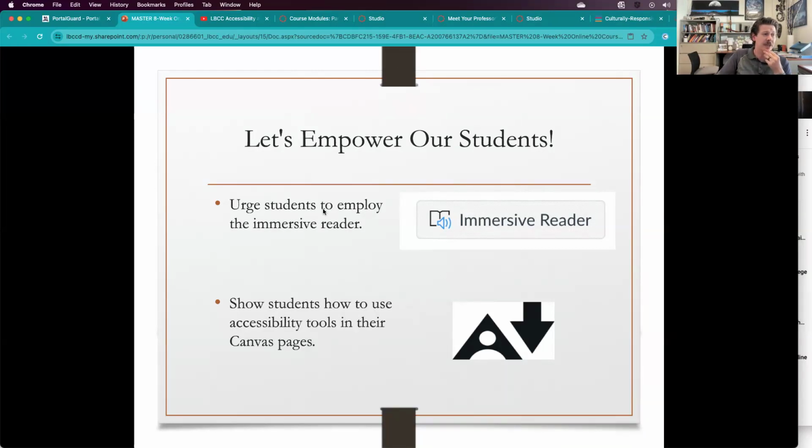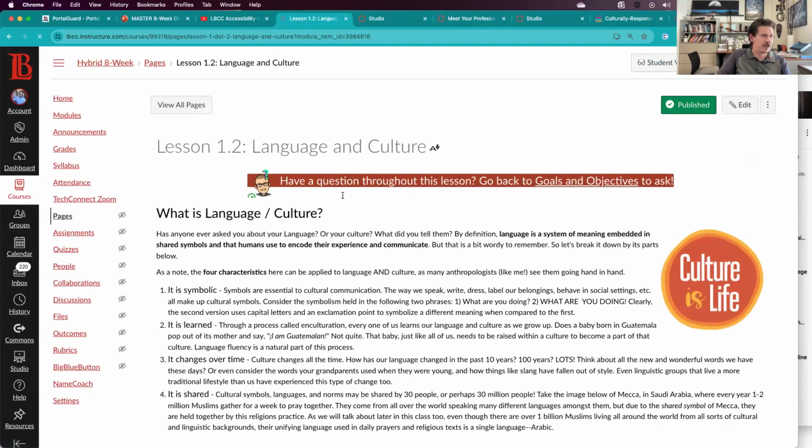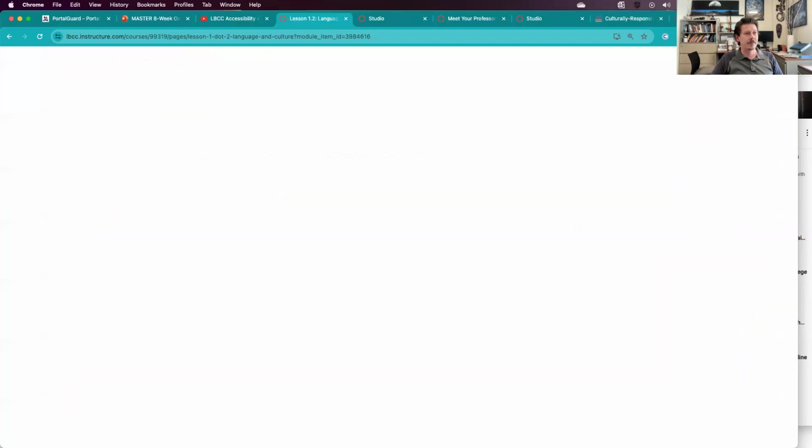The first is called the Immersive Reader. And this is on every single Canvas page. Look at this one. Go to this page right here. It's at the top right of every Canvas page. And by clicking on it,